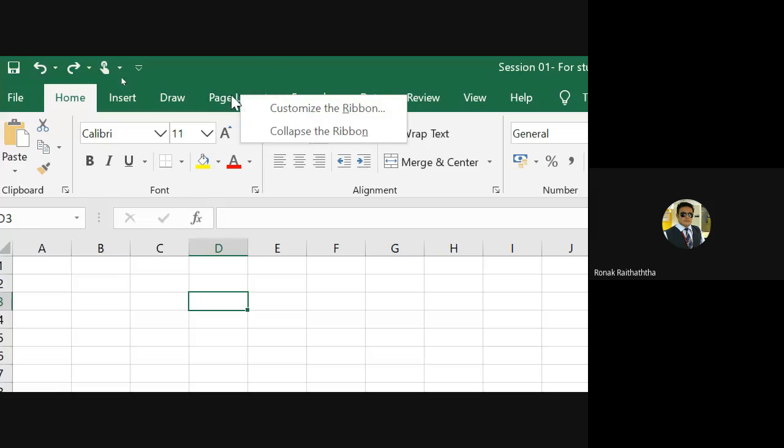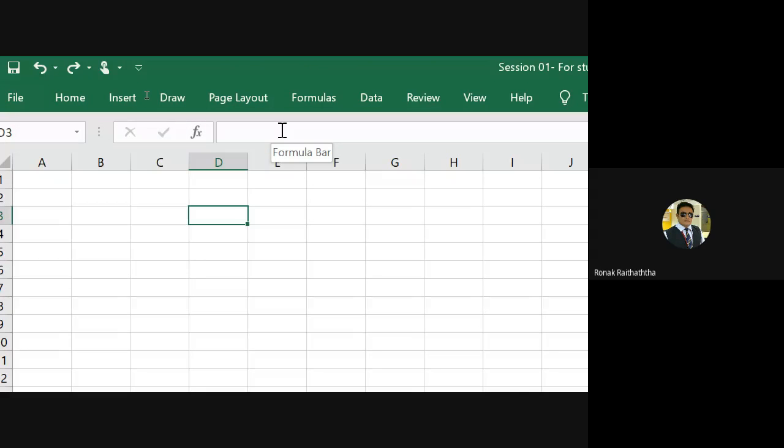Go to any ribbon over there, right click, and then click on the function collapse the ribbon, and that will be hidden now. That is useful when you do not want to keep those functions visible, when you are working on big data sets. If those functions are visible to you below those tabs, your data will look a little cramped. So in order to avoid that problem, you may collapse the ribbon as per your requirement.